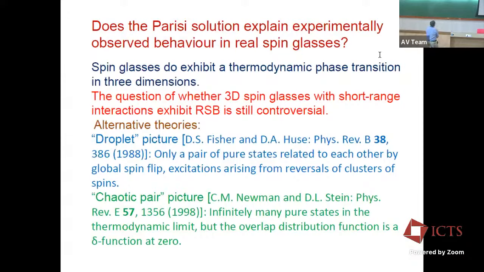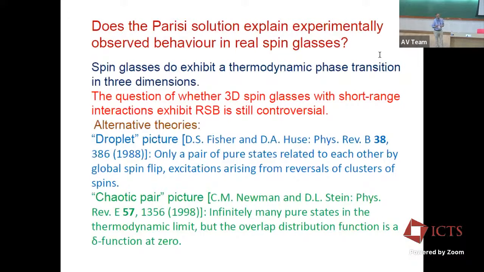And there will be slow dynamics associated, because the barrier height for flipping one of these clusters is itself assumed to scale with the size of the cluster. And just from this fairly small number of assumptions, one can get some scaling picture for the statics and the dynamics at low temperatures. This doesn't allow you to calculate, for example, what the transition temperature is going to be, and doesn't tell you much about the critical behavior. It's just a description of the ordered state,